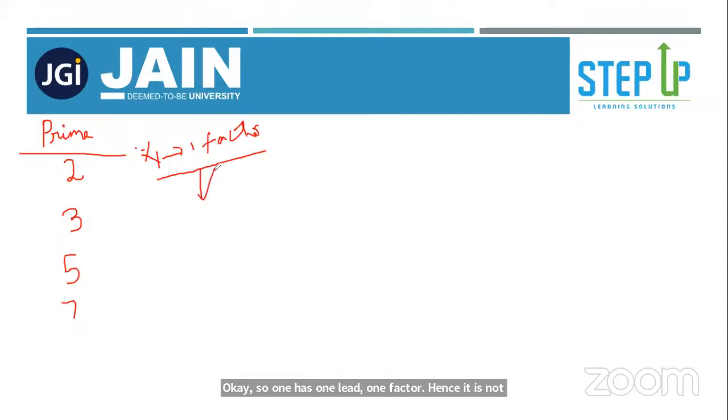What is the number 1 called as? 1 is not a prime number, that's fine. I hope at the same time 1 is not a composite number also. Okay, 1 is not a prime number, that's fine. 2, to prove.